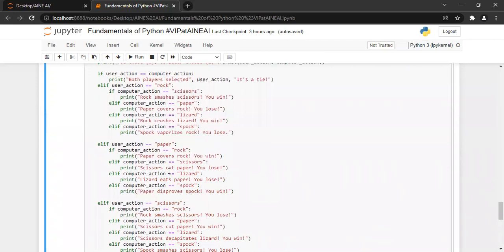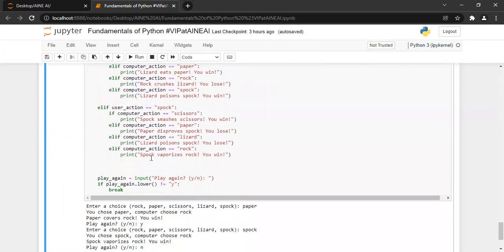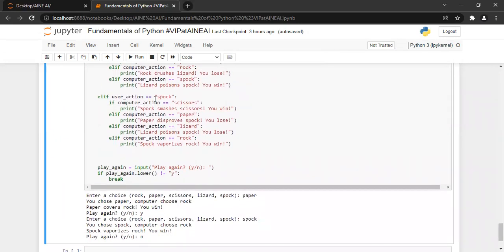If the user action is paper, meaning the user inputs the object paper, and the computer action is rock, paper covers rock and the user will win. If user action is paper and the computer action is scissors, scissors cut paper and the user will lose. If the computer action is lizard, lizard eats paper and the user will lose. Similarly, all these conditions have been written here, and after completing all five conditions of the nested if, elif statements,